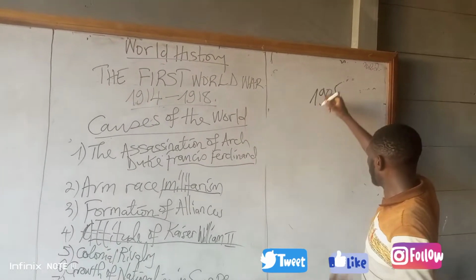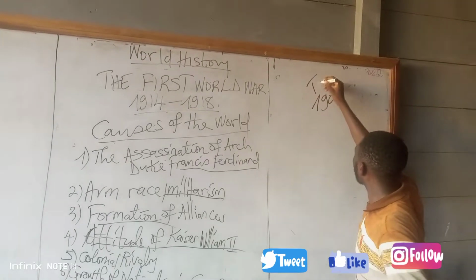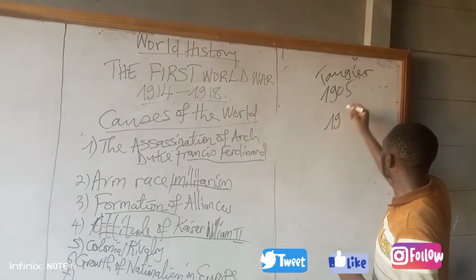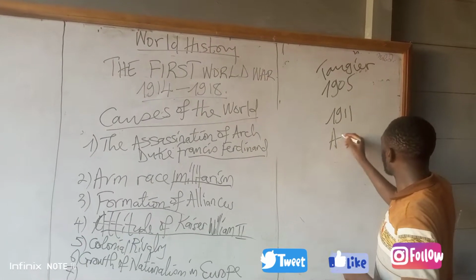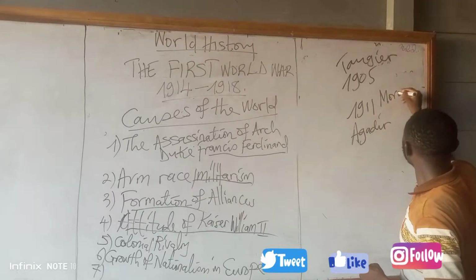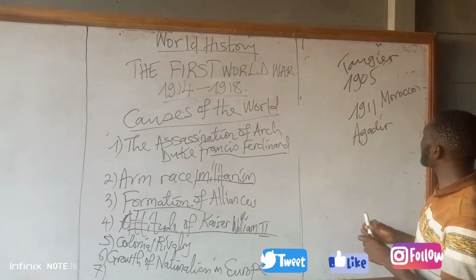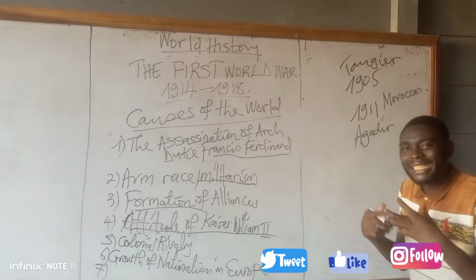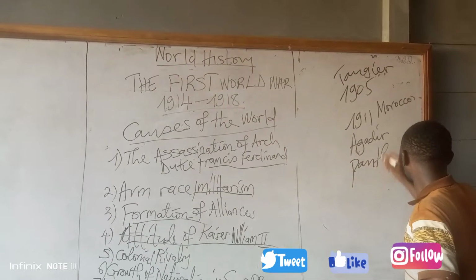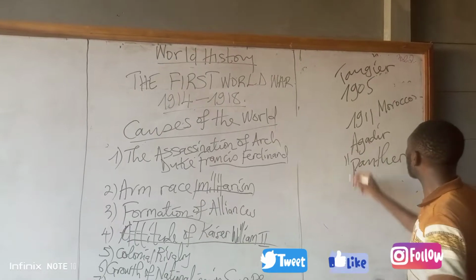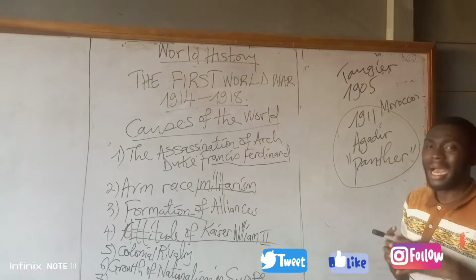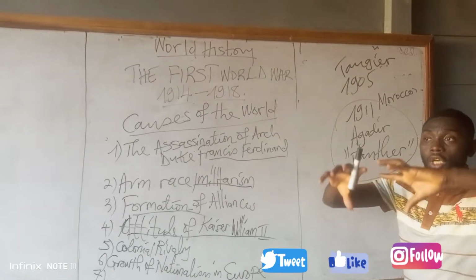He went to a Moroccan town called Tangier. He went to Tangier, and in 1911, he sent a gunboat to a town called Agadir in Morocco. Morocco was under France. So, visiting Tangier in 1905 and sending a German gunboat called the Panther to the Moroccan town of Agadir in 1911 was already creating problems between Germany and France, which